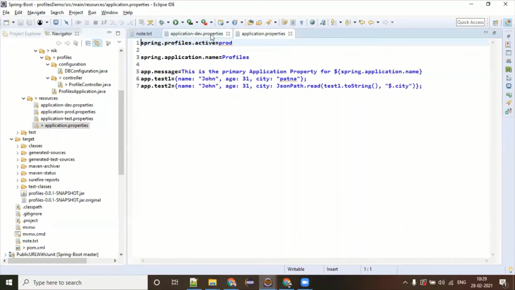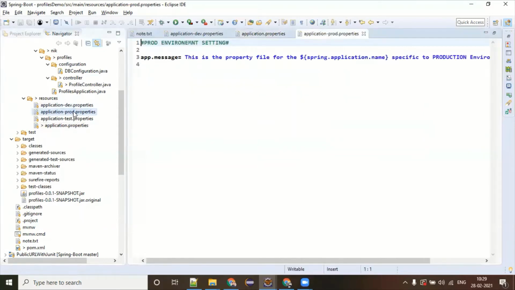So look at this configuration. This is the particular configuration by which you are telling Spring Boot, hey, this is my dev environment, this is my production environment. And after that, it is going to load only that properties file for that particular environment. It is ignoring the rest of the application.properties configuration and also the other environment configurations. But let's say this particular key, when this application is running, it will be loading this particular production properties. This production properties is looking for this key.